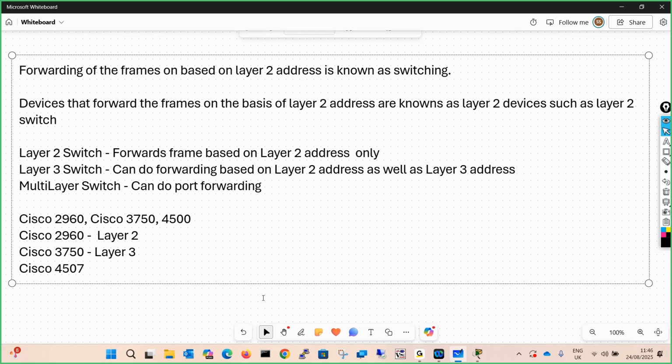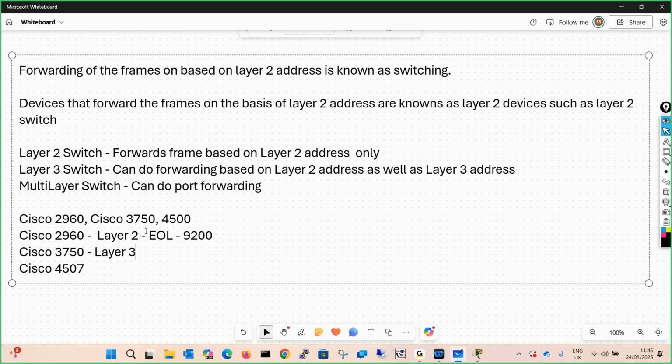But now the licenses are software based, so everything has become possible nowadays. Cisco announced end of life for this switch a long time back, and now the equivalent model is the Cisco 9200.